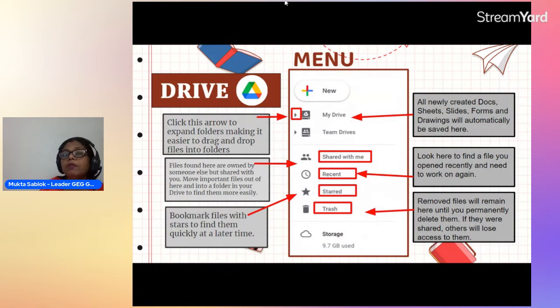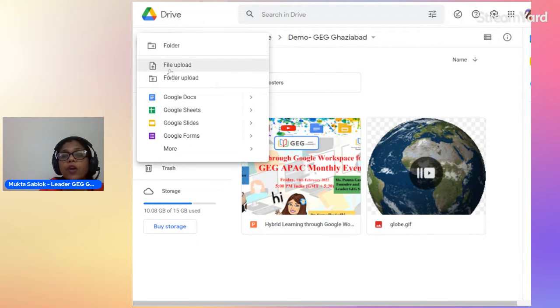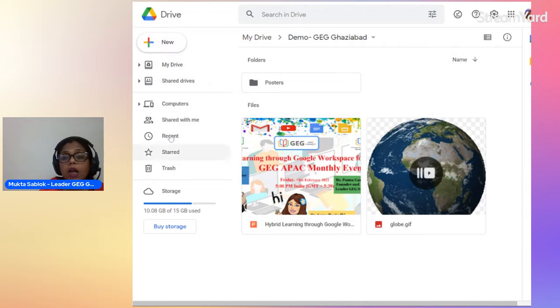So now comes the new option, this menu I have already explained to you. New folder, file upload, folder upload. Now comes this menu.